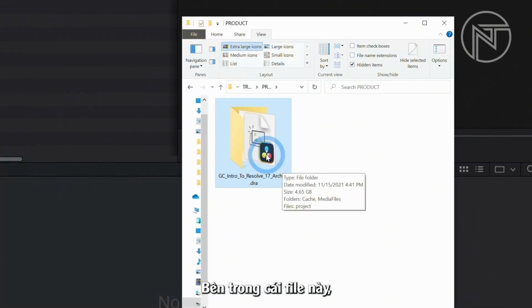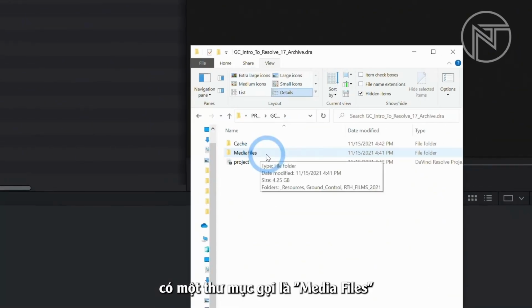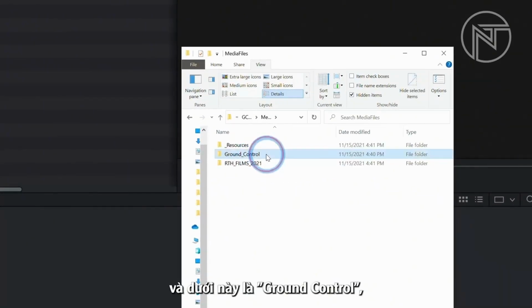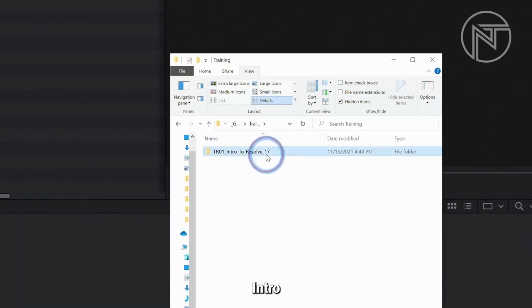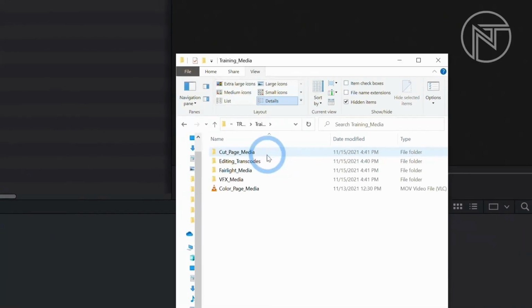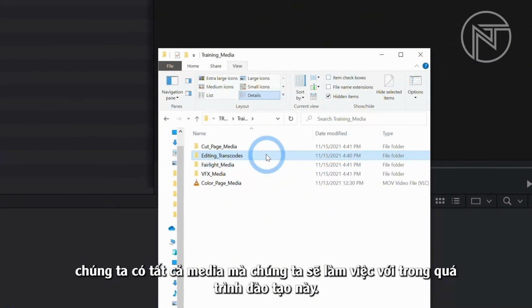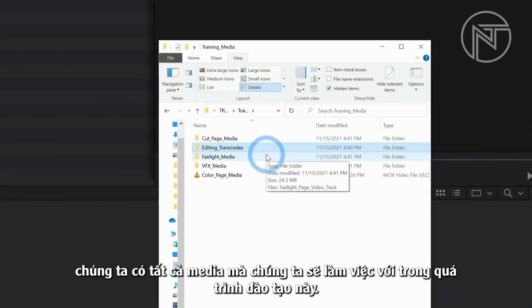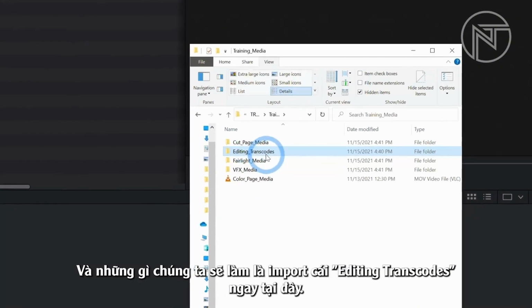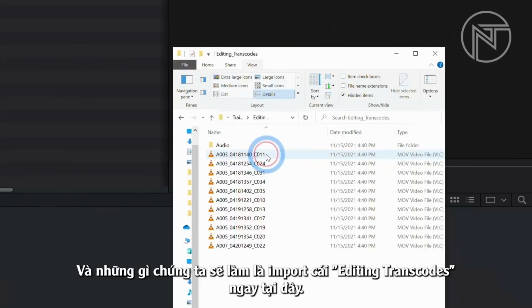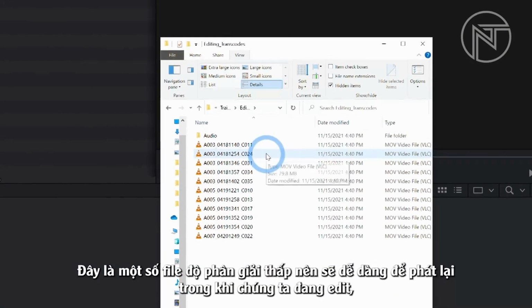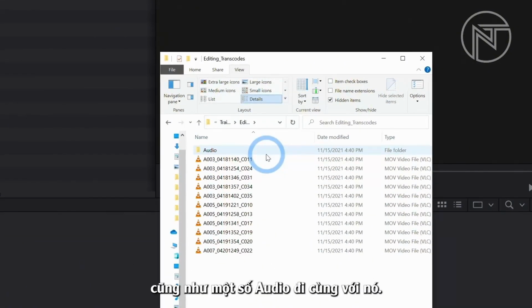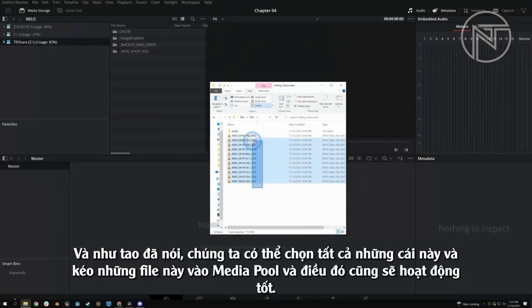So inside of this file, there's a folder called Media Files, and under Ground Control Products, Training, Intro, Training Media, we have all of our media that we're going to be working with in this training. And what we're going to be doing is importing these editing transcodes right here. These are some low resolution files that should be pretty easy to play back while we're editing, as well as some audio that goes with it. And like I said, we could take this and just drag these into the media pool